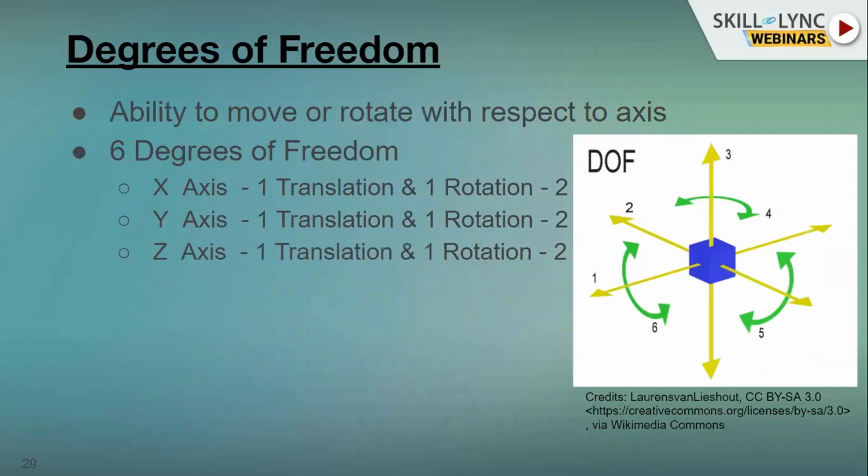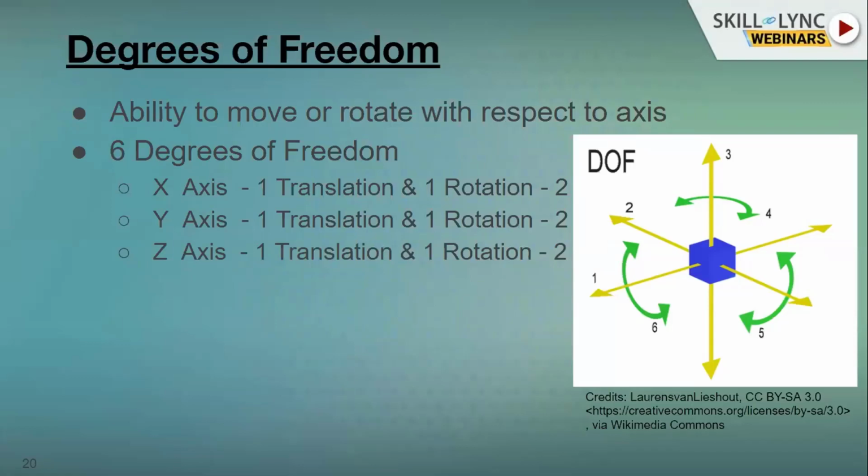And degrees of freedom is a basic thing which we need to know. It is the ability of the part to rotate or move with respect to its axis, termed as degrees of freedom. So totally there are six degrees of freedom. Each axis has one translation and one rotation.